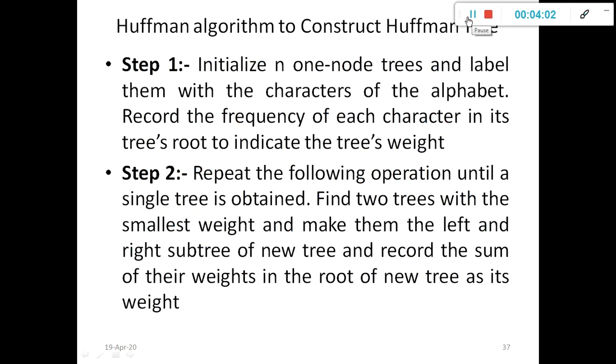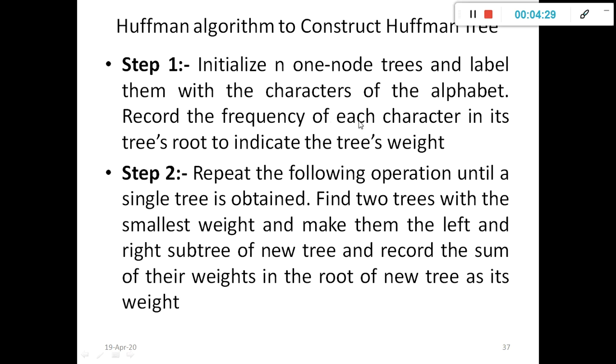And now let us discuss what is the Huffman algorithm. The Huffman algorithm is used to construct a Huffman tree, and using the Huffman tree we can compress the data or the message that you want to transfer over a network or store on the disk. The Huffman algorithm has 2 major steps. Step 1: initialize n one-node trees and label them with the characters of the alphabet.